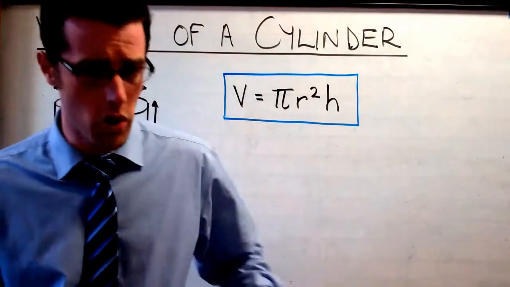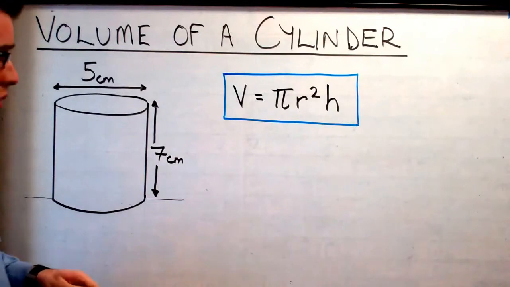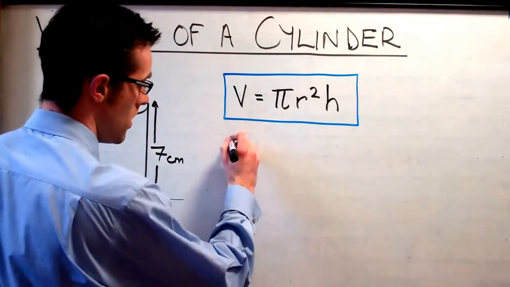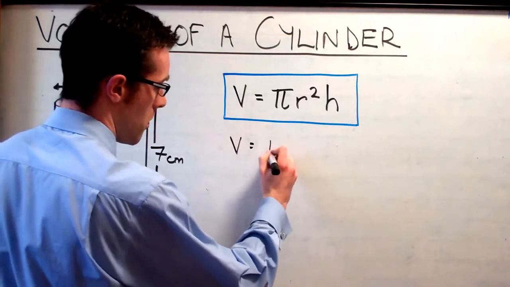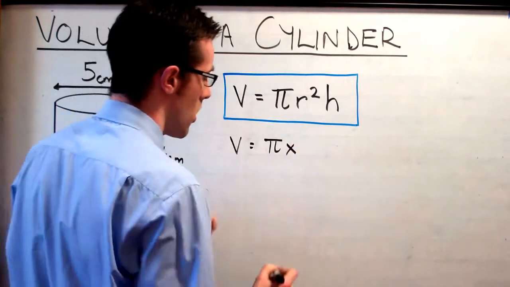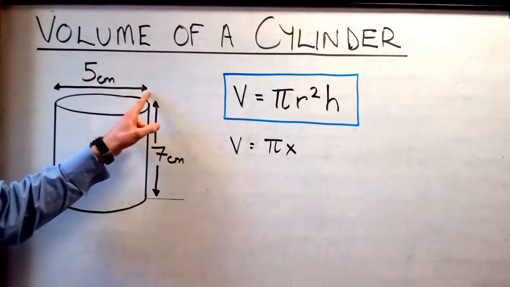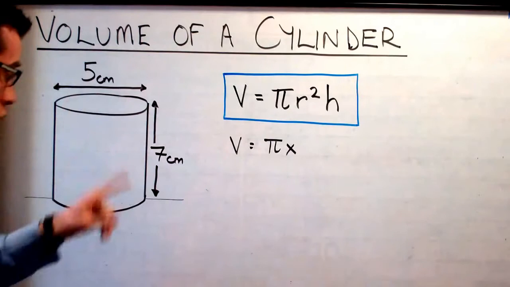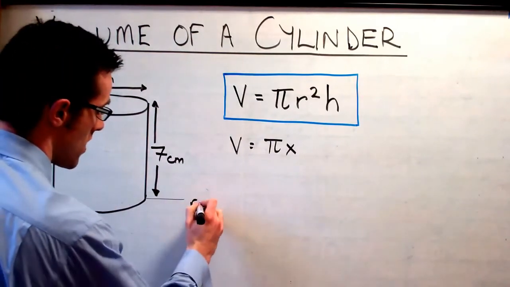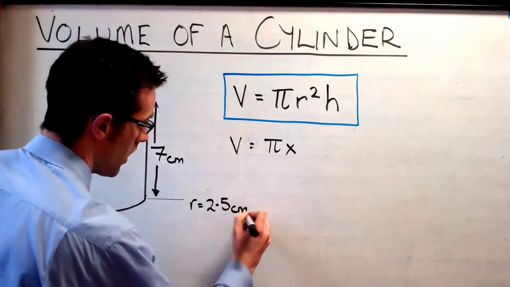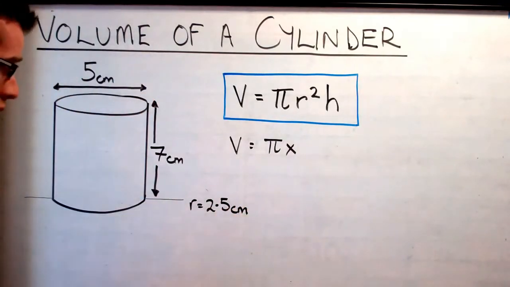Okay, so if we just put numbers into the formula, just like we're used to doing already for an area or circumference, then we're going to have V for volume is equal to pi times, now, oh, I've forgotten something. We've got a diameter here of 5, so what do we need to do? We need to write down what the radius is at the side. So remember that, that is really important,